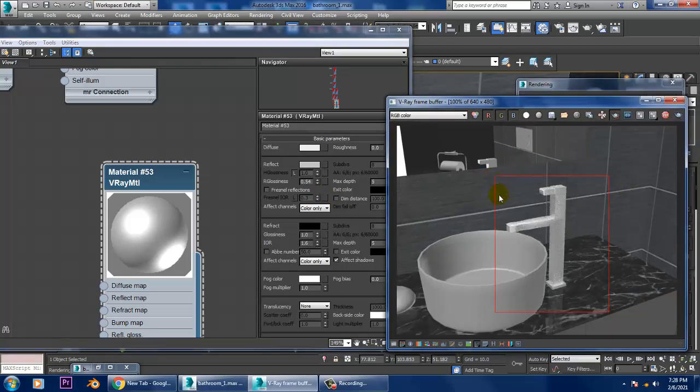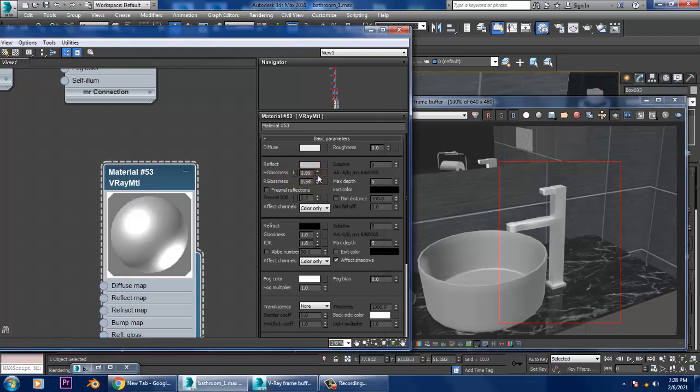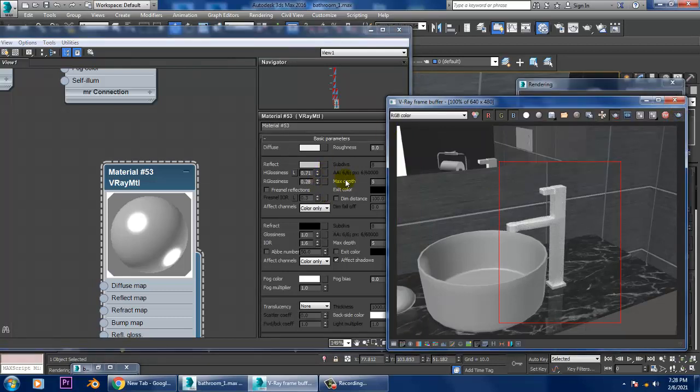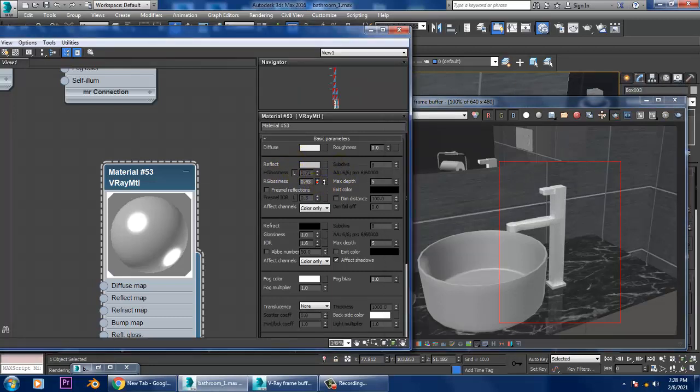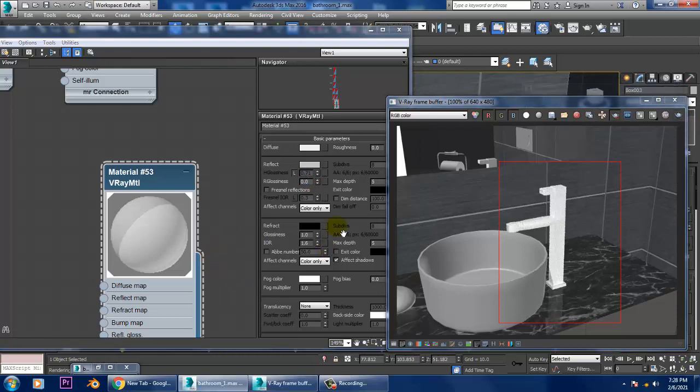So you can activate the region render, and if you work with this H glossiness and R glossiness, okay, that's making it more white.